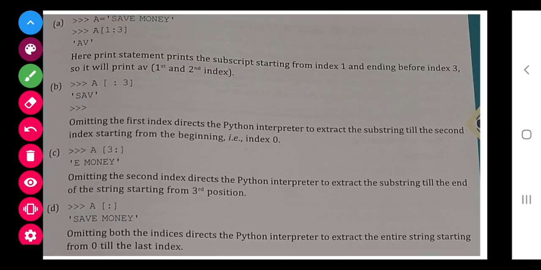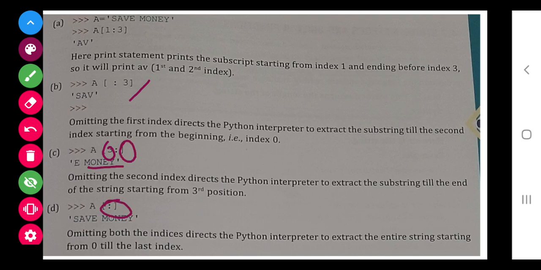Now class, getting a substring, same concept. What they have done, from 1 to 3, and from nothing to 3 means from starting to the 3 position, that is, till 2 will come. Similarly, if we give the starting index and don't give the last index, then till last it will come.